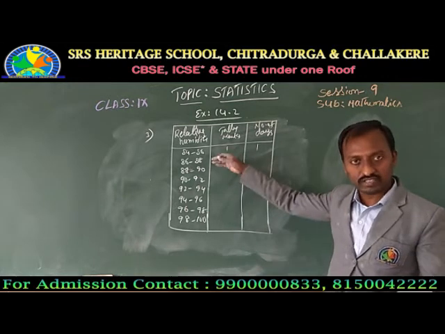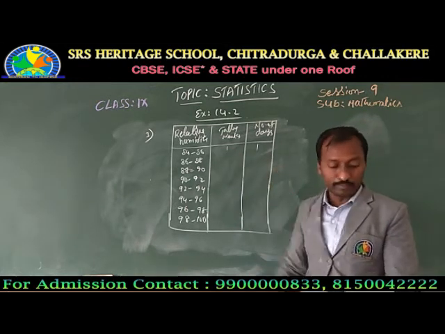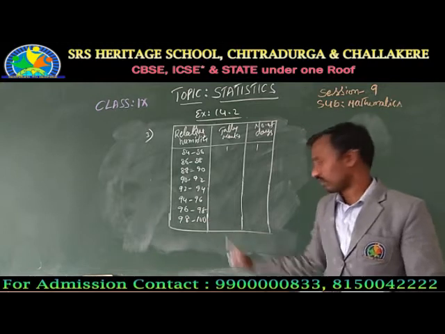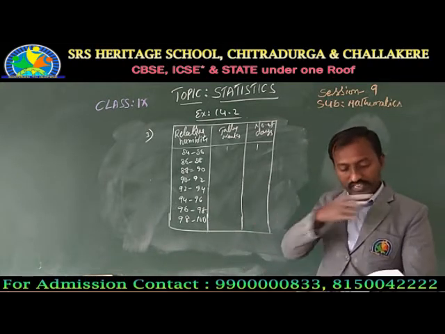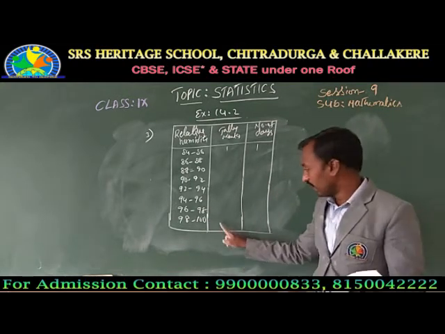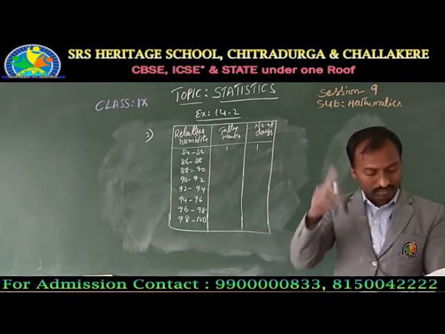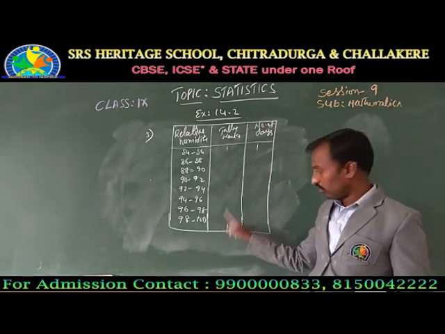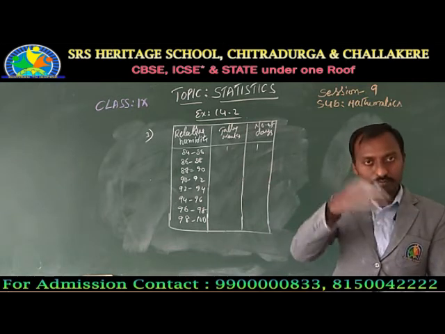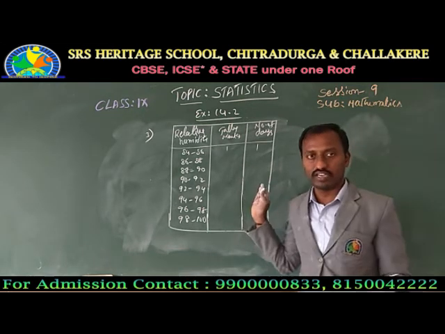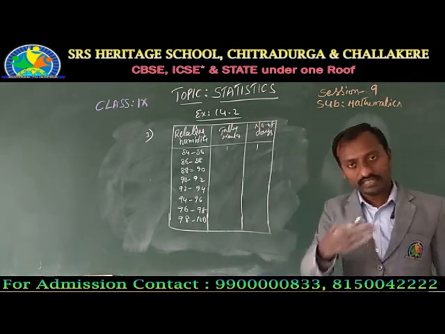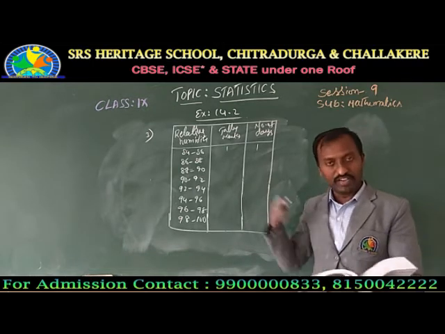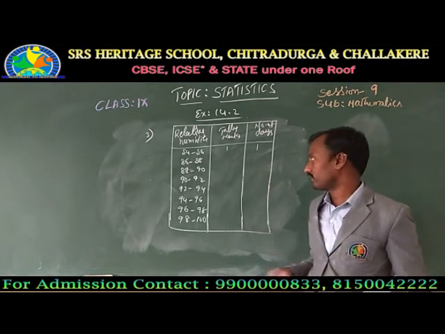As I discussed, we have to continue. First number, 98.1. 98.1 is here. Next, 98.6. 98.6 also here only. One more tally mark. Strike out. 99.2 here only. Like that, have to continue one by one. But it takes time here. It is very difficult to discuss online. I'll count myself and write it. You carry on the same way.